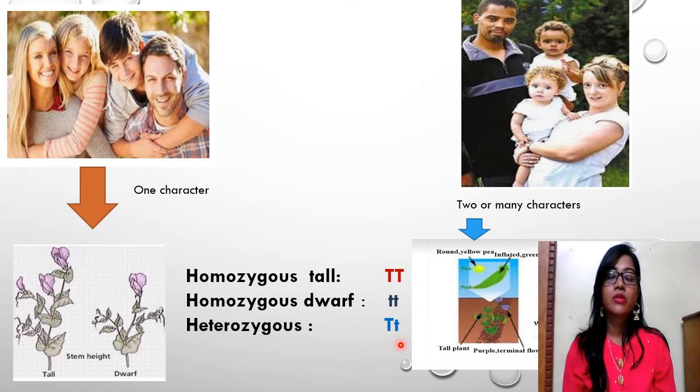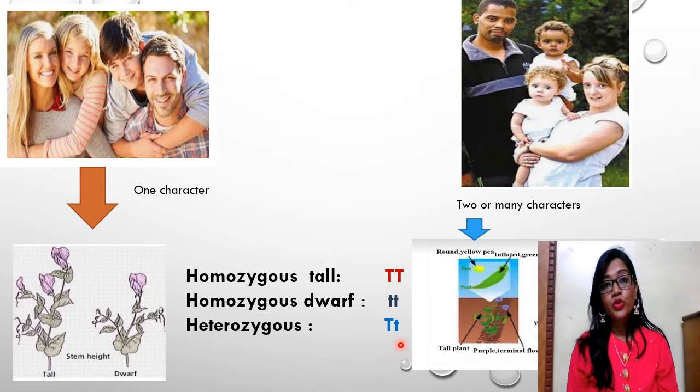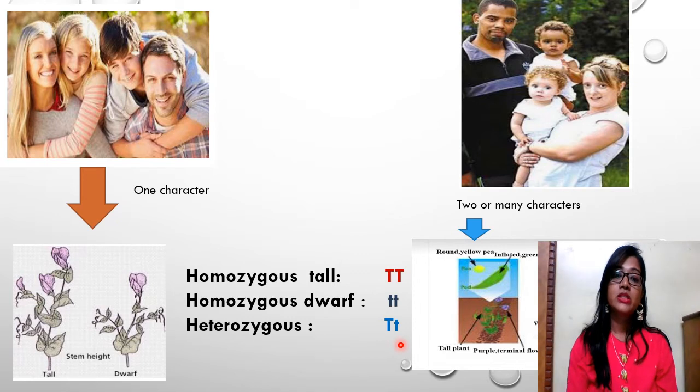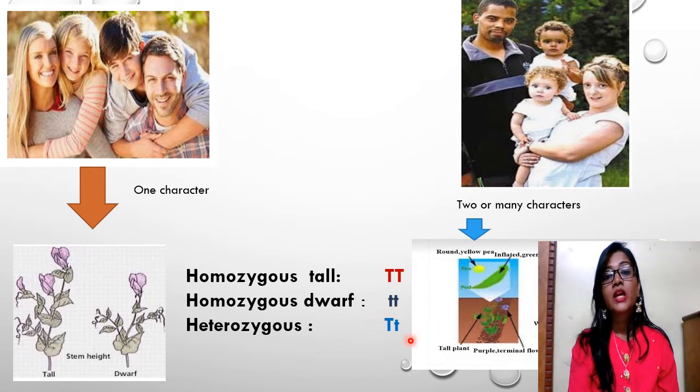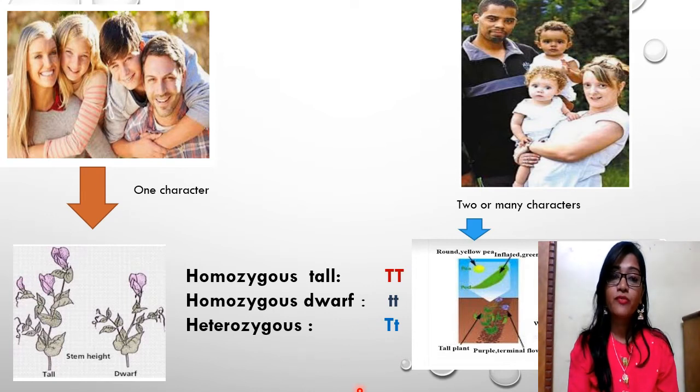If you remember the law of dominance, which was proposed by Mendel from the monohybrid cross, in that law he proposed that the characters which are expressed in the first filial generation are dominant characters over the recessive characters. As per this law of dominance, in the heterozygous tall plant, capital T gets expressed and small t remains hidden, because small t is a recessive character. So that is the law of dominance.